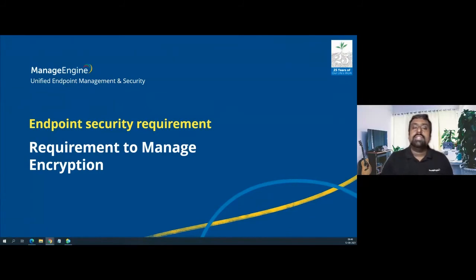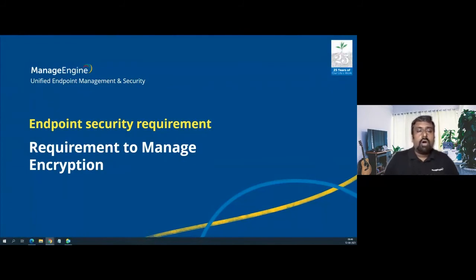The last thing is about encryption. CIS or any standards say go ahead and encrypt your data. Encryption at every level of your data is going to save you a lot of time. So we also have tools that could manage your encryption, whether it is FileVault or BitLocker management. We have tools that, in a unified approach, could manage your encryption all from a single console.